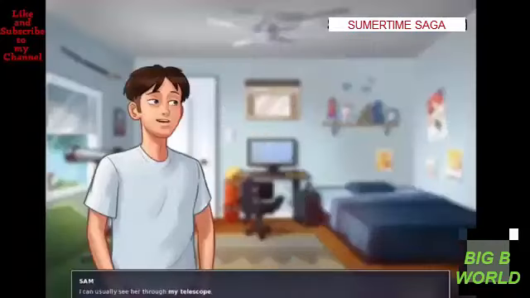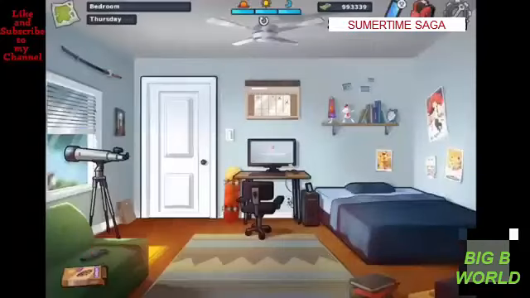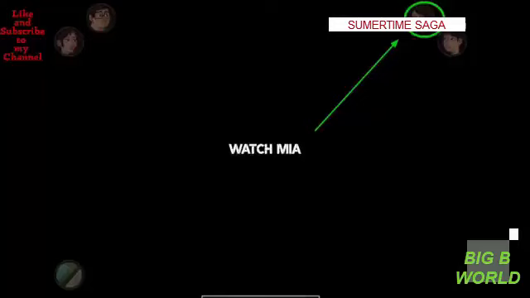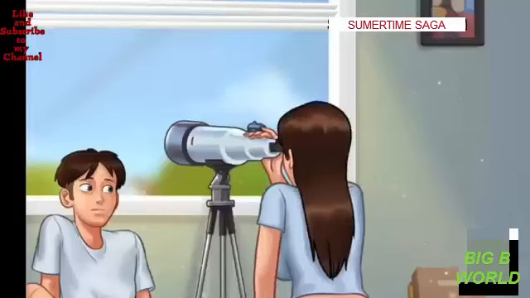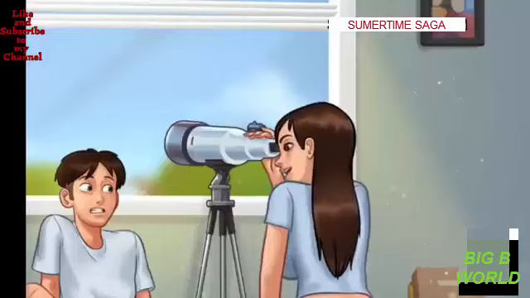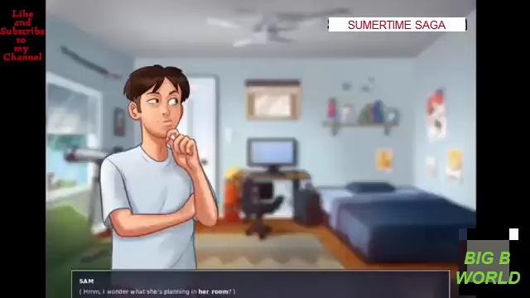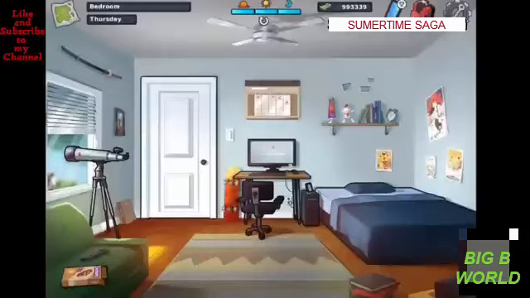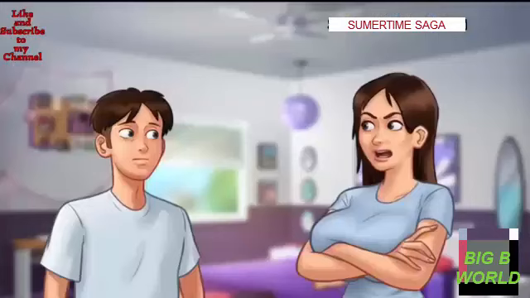So guys, in the morning we have to check out our telescope and watch Mia. So now let's watch Mia. Then Jenny comes inside. So after watching Mia through the telescope, now Jenny tells us to come to her room in the afternoon. So let's go in the afternoon to Jenny's room, where Jenny tells us to buy the mask for her next camp